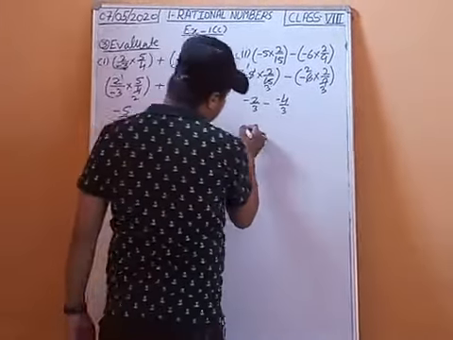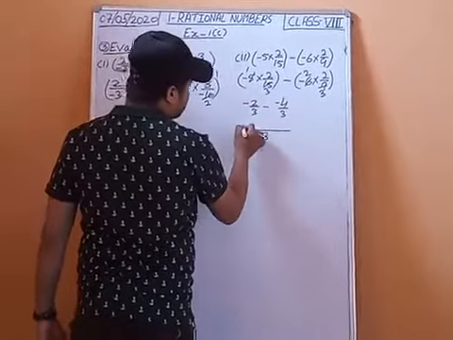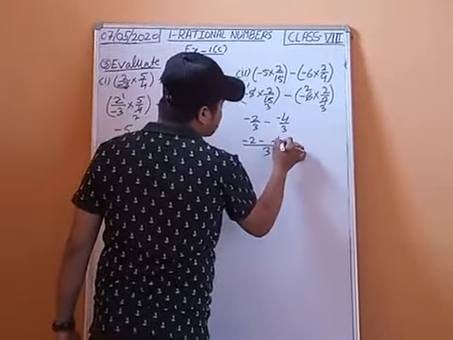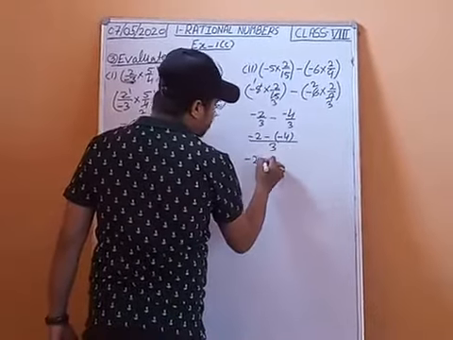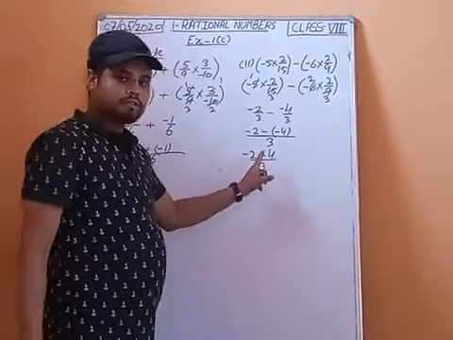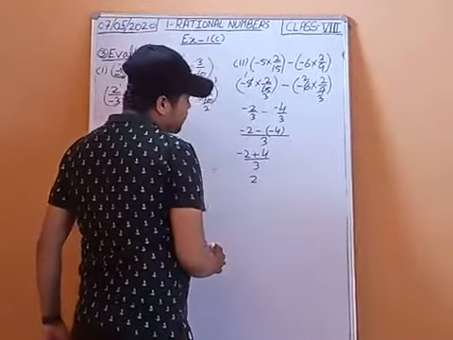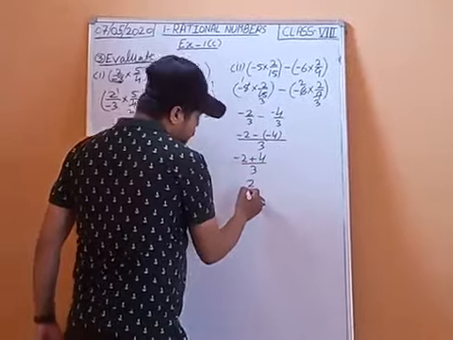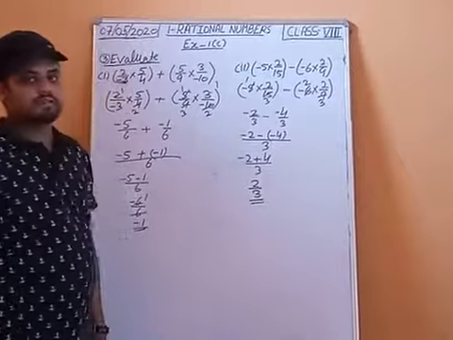Now subtraction, LCM 3. Then 3 1 the 3, 1 2 the 2, minus 2. Then this minus sign. 3 1 the 3, 1 4 the 4, minus 4 inside the bracket. So minus 2 minus minus plus 4 upon 3. So minus plus minus. 4 minus 2, 2. What we will get? 2. Which number is greater? 4 is greater, having positive sign. So positive 2 upon 3. So 2 upon 3 is the answer.